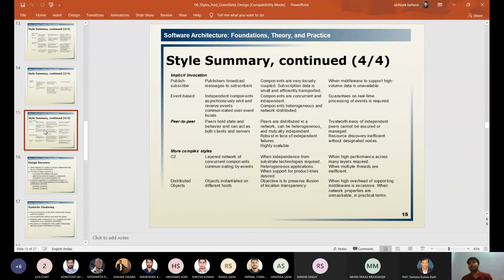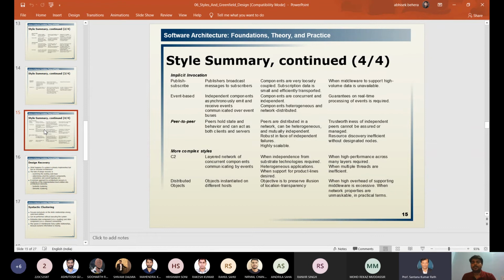If you are using a particular network, in that network, the peers or nodes are distributed in the entire network and can be heterogeneous. Means different types of nodes, and are mutually independent. Mutually independent means if you share something, they will share something for you. That is the mutual independence. Mutual means if you are taking, you are also giving.